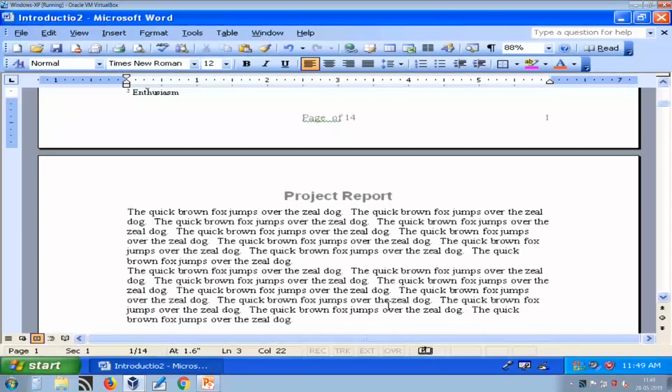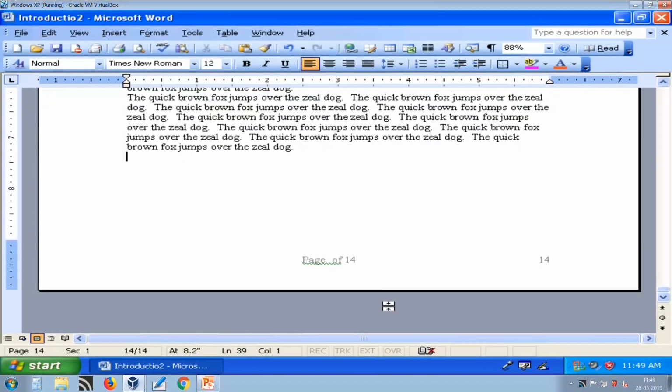Now let us see how to use auto text. I go to the end of the document, and for example, if I type a few characters of Baba Saheb Ambedkar University, then it will automatically suggest whether I want to use this, and if I want to use this, press enter, otherwise continue whatever I want to type. So here I am pressing enter. By typing a few characters of Dr. Baba Saheb Ambedkar Open University, I can have that entire name available using auto text. So this is how I can use auto text.